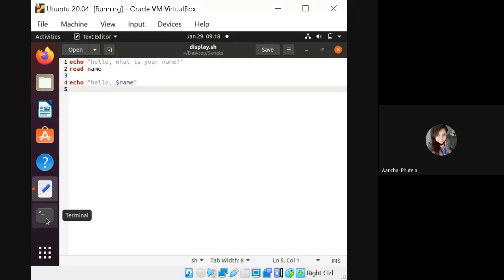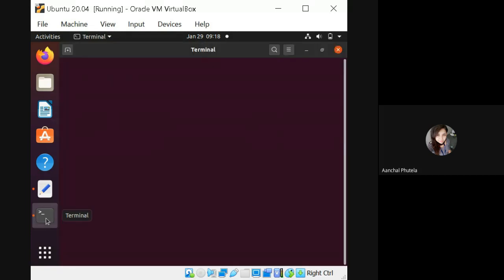Okay. Now let's open the terminal. Let's move to the file location. The file location is desktop scripts, right? So now I want to run the file that I have created.